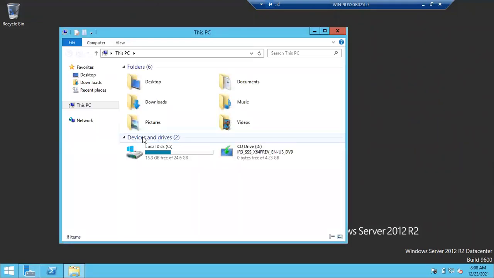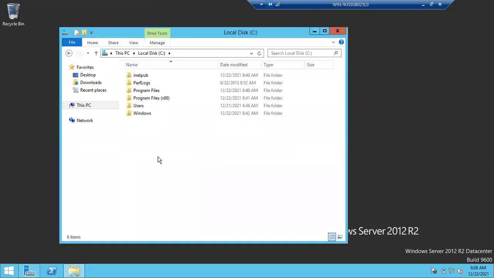How can I check it? Go to C drive, then Program Files. If you see a Microsoft SQL Server folder in this set of folders, that means SQL Server, or at least SQL components, are already installed. If you don't see any folder with the Microsoft SQL Server name, that means no SQL Server is installed.